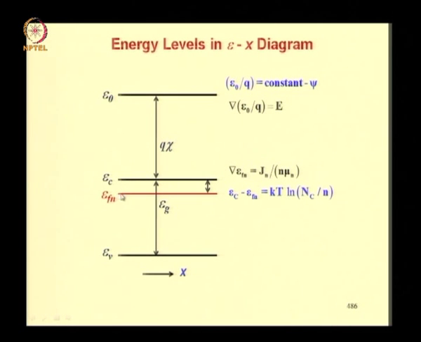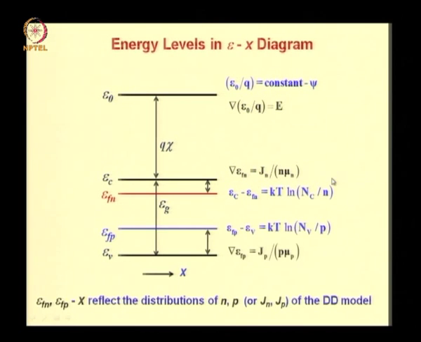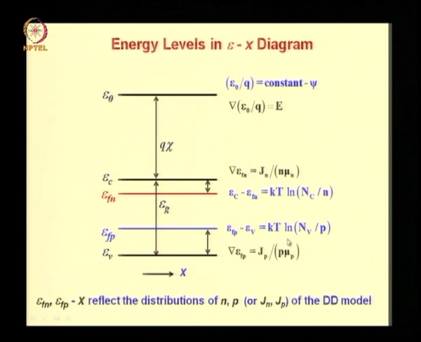You can locate the quasi-Fermi level for electrons below Ec using this formula. Another relation that is related to variation of the quasi-Fermi level is this equation of the drift diffusion model, wherein the electron current density is represented in a compact form in terms of the gradient of the quasi-Fermi level. So both drift and diffusion are compressed in this one term. One can similarly locate EFP from Ev using this formula.